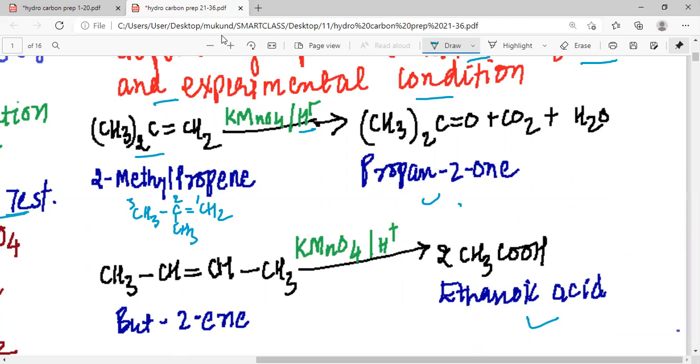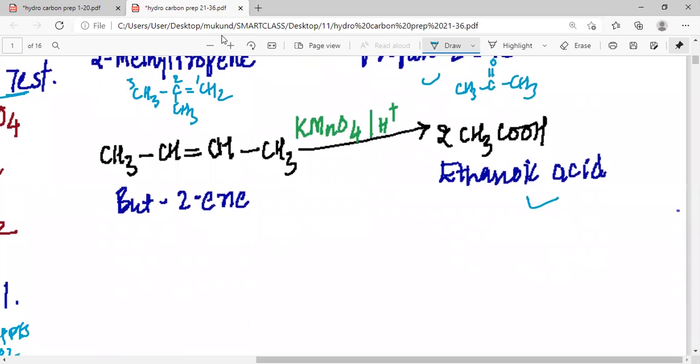This propan-2-one is CH3, C double bond O, CH3. Along with that, we can get carbon dioxide and water. So please learn this reaction: in the presence of acidified potassium permanganate, we get propan-2-one. Same way, my dear students, if we have but-2-yne,